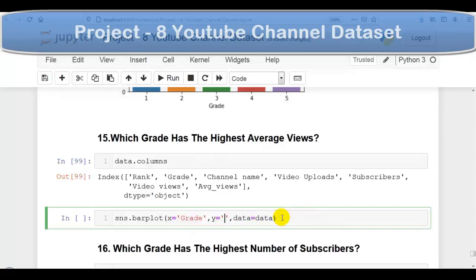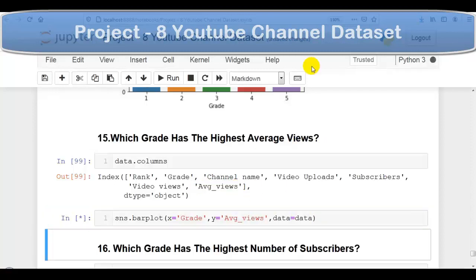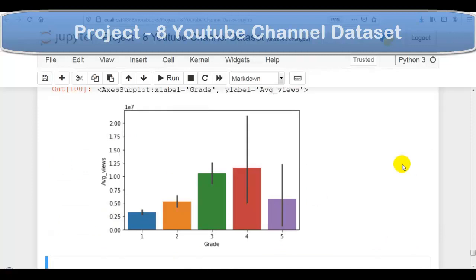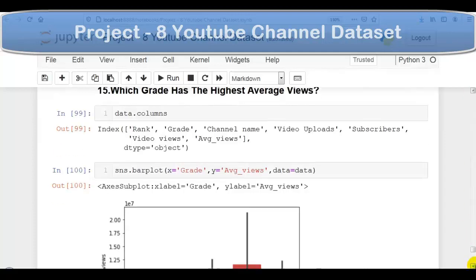But this time on y-axis, I am going to pass this newly created column, average underscore views. Let me execute this cell. As you can see over here, if grade is high, then average views are also high. So channels with A+ grade having higher number of average views as compared to other channels. So this way we can find which grade has the highest average views.